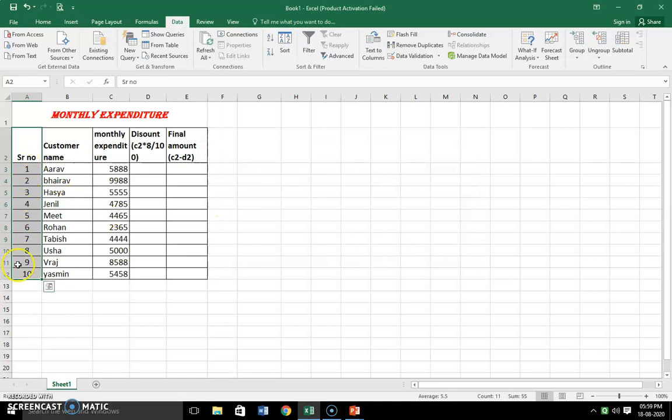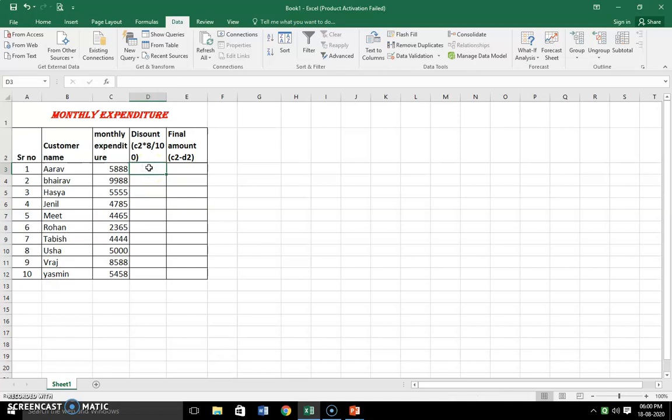Now you can see only serial numbers are sorted, other data is unchanged. So in this way you can use both the options with sort, continue with current selection or expand the selection, depending upon the need.